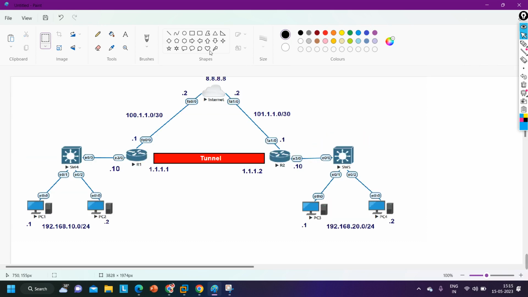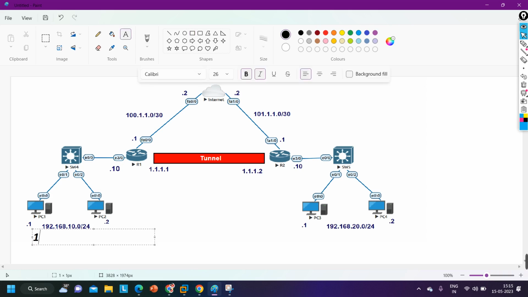So here, if I ping PC3 from PC1, what will the source IP address be? The source IP will be 192.168.10.1. This will be the source IP address, and the destination IP address will be